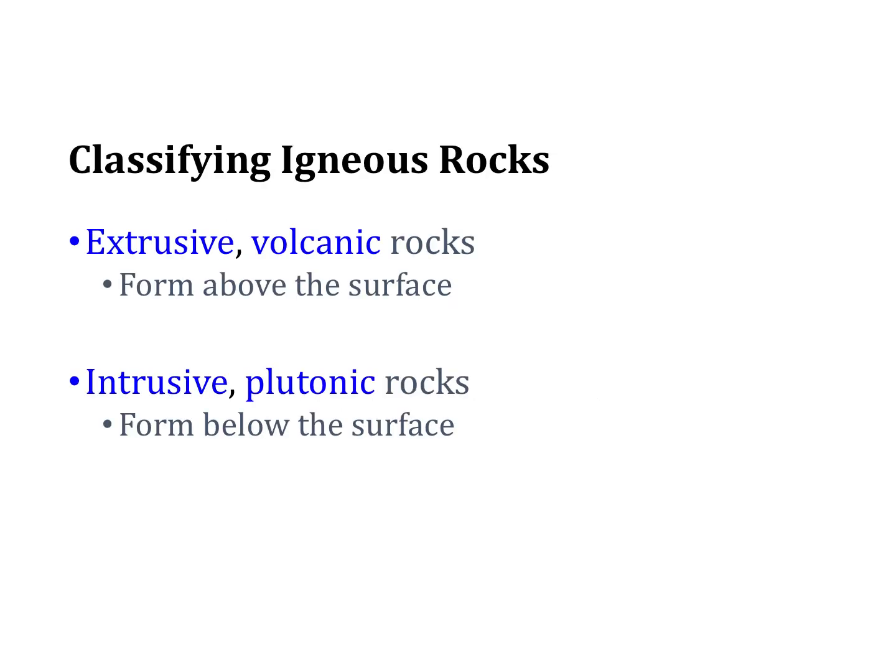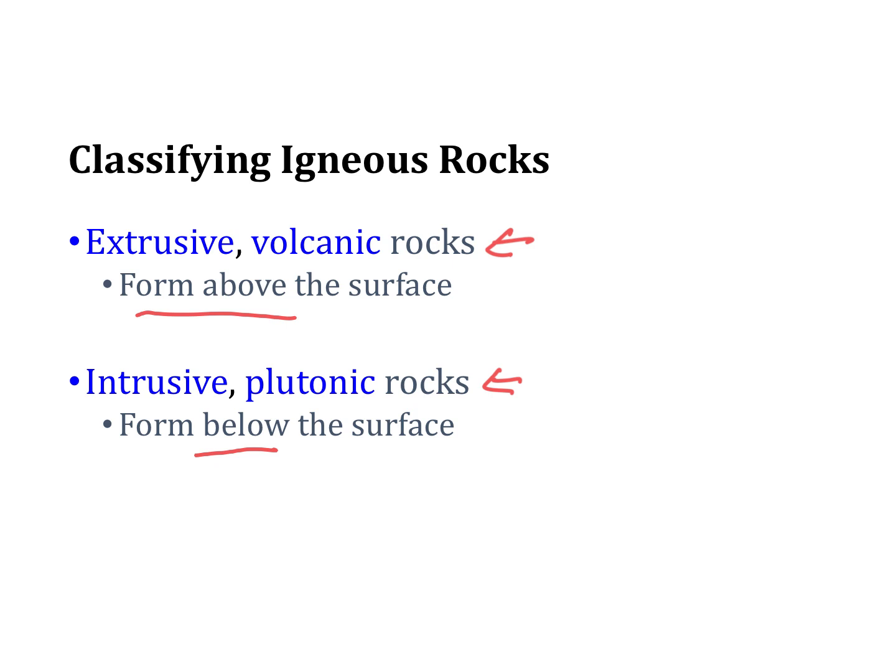In classifying the igneous rocks, we can break them down into two general categories, extrusive and intrusive. So these refer basically to categories of rocks that form above the surface. Those are extrusive or volcanic, so rocks are extrusive if they are formed from lava that has erupted from a volcano at the surface. And then we have intrusive rocks which form below the surface. So these rocks form when magma does not erupt but stays instead below the surface and very slowly cools down